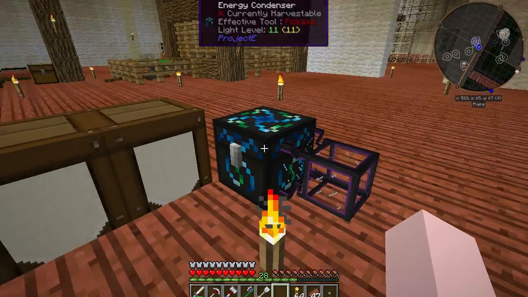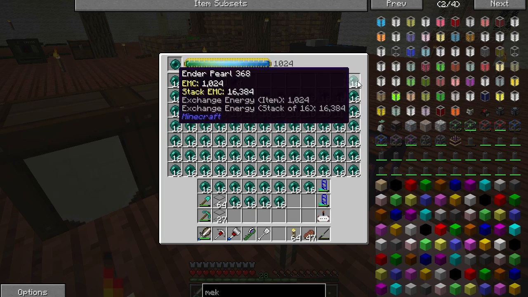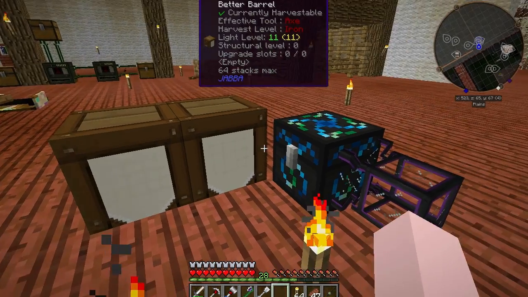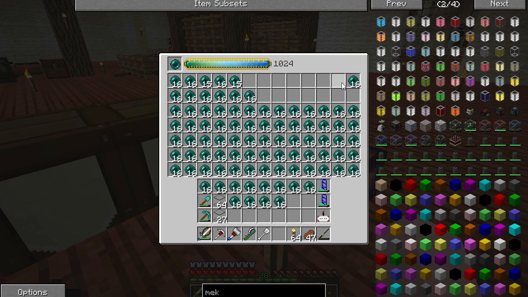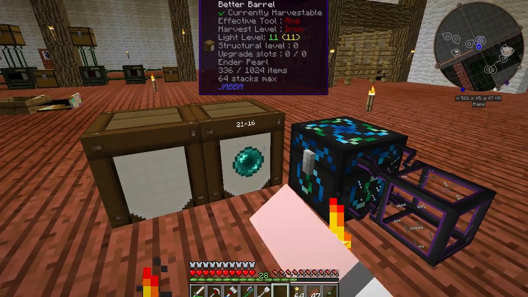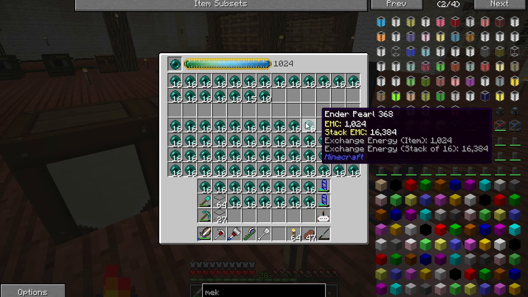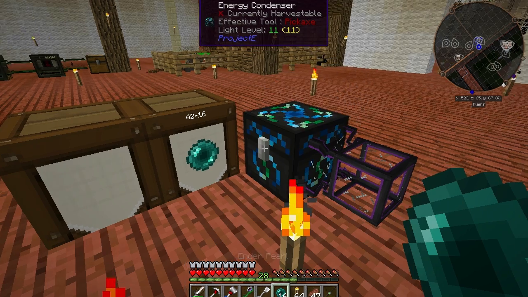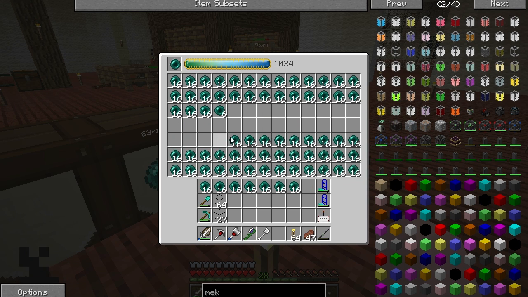Go into this barrel, or this chest, and we just fill up our inventory as much as we can with ender pearls, and as you can see, it's refilling faster than I can empty it. Which is just nuts. Like this. Keep going. Oh my god. This is broken everything. Bam. Just keep going until...